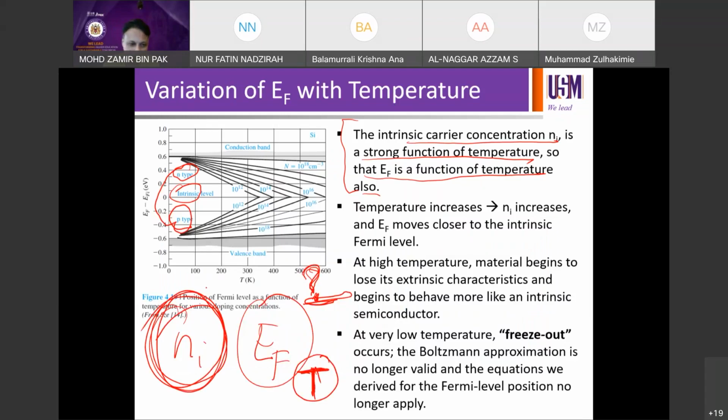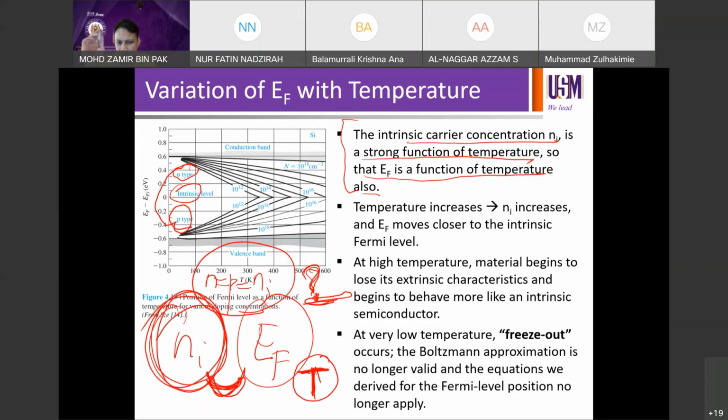is the same, as we discussed last time. N equals P equals Ni, remember, in intrinsic. So your Ni is actually the number of bonds being broken due to the excitation of the valence band electrons from VB to CB. So due to this temperature increase, you're going to get a strong function of temperature. Your EF will move accordingly as well due to the very same mechanism, right? Temperature increases, Ni increases, and EF moves closer to the intrinsic Fermi level. At high temperature,